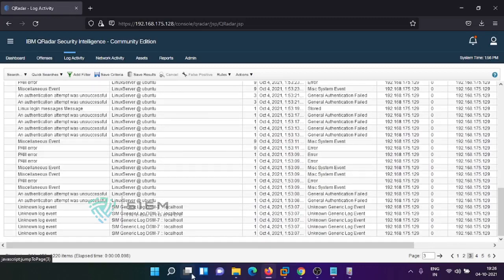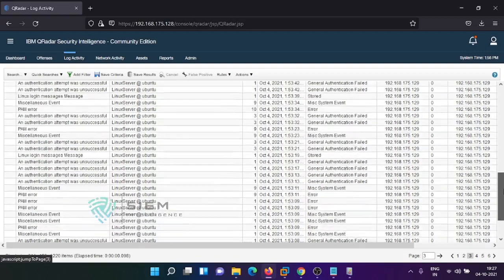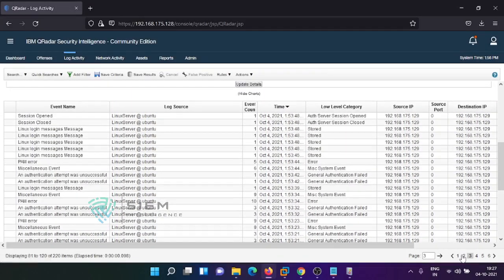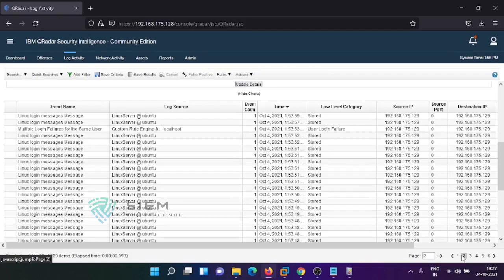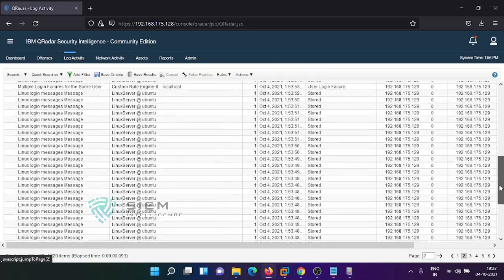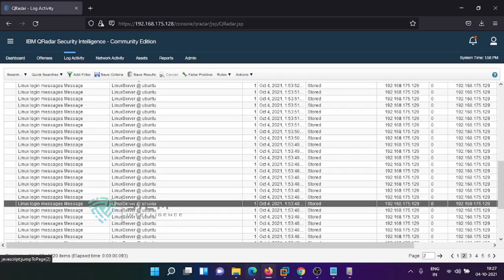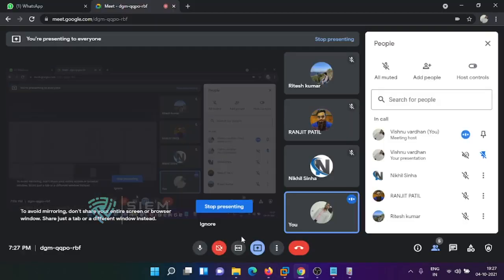see, after this, from generic DSM it has started taking some Linux servers. See, now it has started taking, and it is giving some activity names. See, there are so many names. Now it has started giving some names, followed by, if you go on a second page, see, it is going some stored. It means the logs, excuse me, I'll be back.